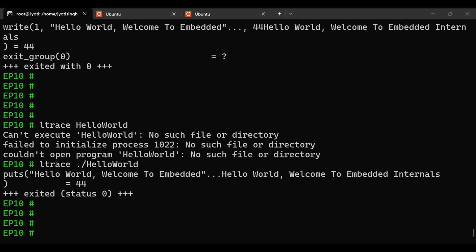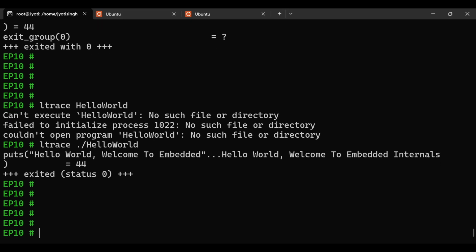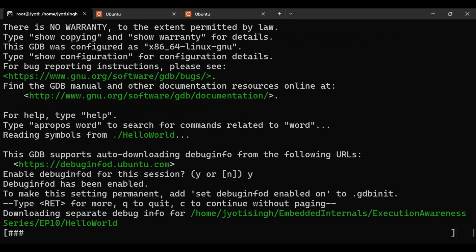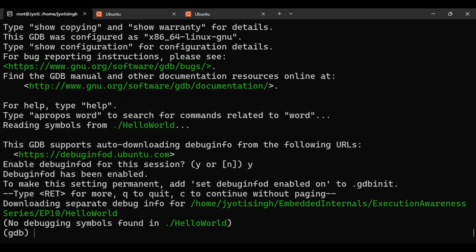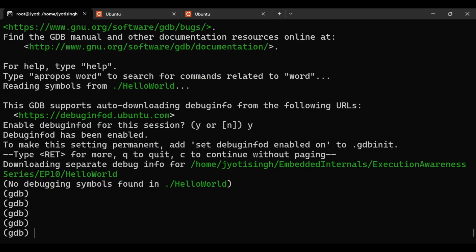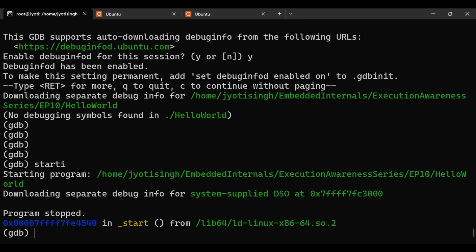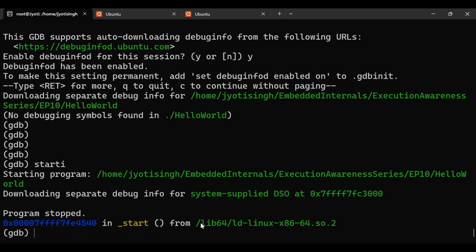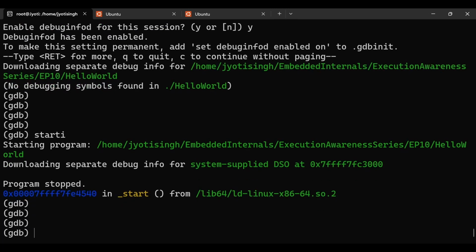GDB. Like GDB, you can run dot slash, oh sorry, let us first write start I to get the start execution. So our program gets started from underscore start, not from main, which is supplied by this library. Okay,